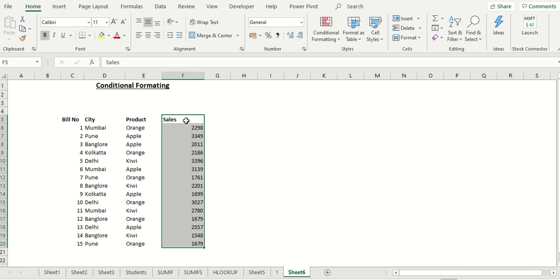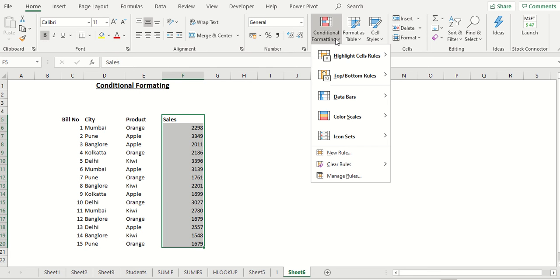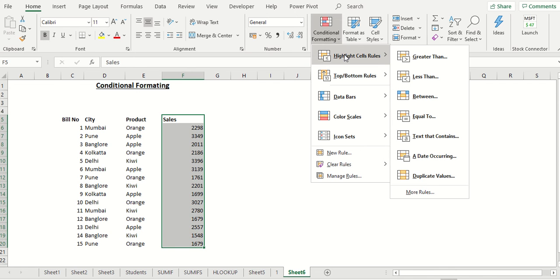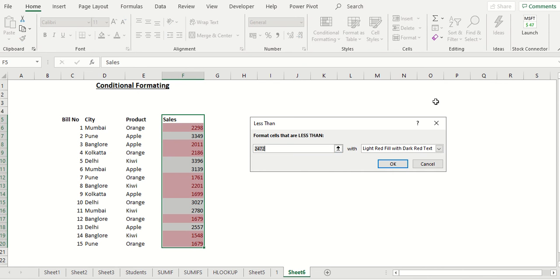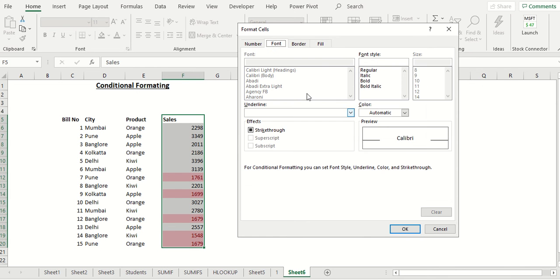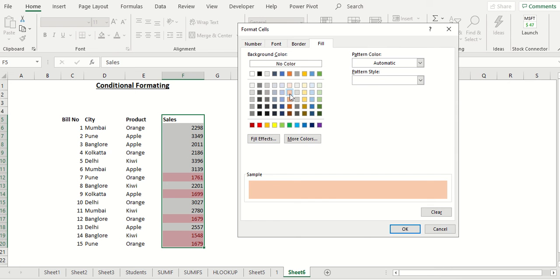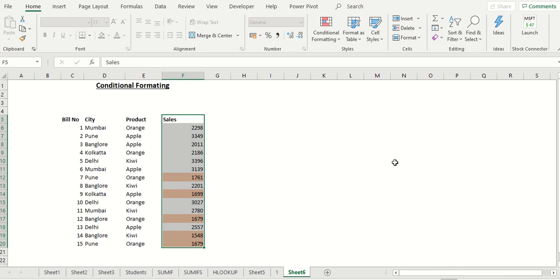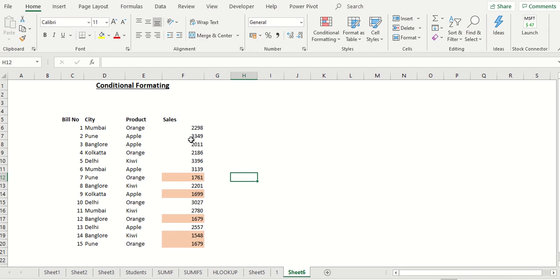So one way of doing it: select the data, go to conditional formatting in the Home tab. There is an option, Highlight Cell Rules. You can go there, select Less Than, and just type 2000. Whatever format you want, you can do that. You can change fonts or anything else, borders, fills, anything. Just say OK. Now it will automatically format based on the value of the field, which is less than 2000. To check it, suppose we change this value to say 1500, it will highlight.